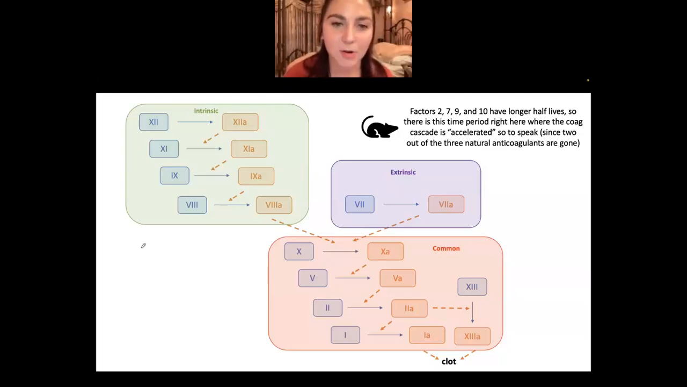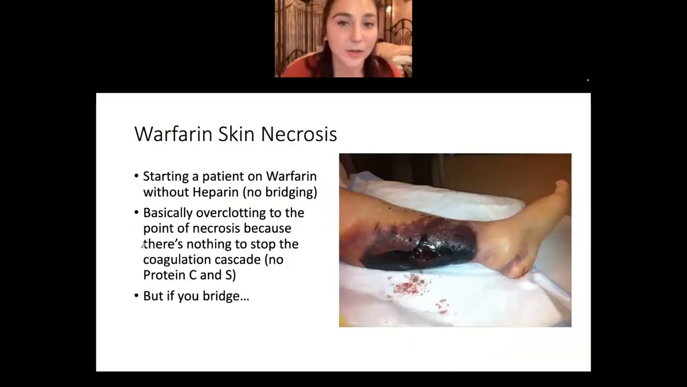So our 3 natural anticoagulants are protein C, protein S, and antithrombin 3. We don't have protein C, we don't have protein S. So there's this one time period where protein C and protein S have died off, and now we're almost hypercoagulable. Okay? If you don't give heparin at this point, if you don't bridge with heparin, the coagulation cascade is accelerated a little bit because there's no protein C and protein S, and 2, 7, 9, and 10 are still there, you can cause what's known as